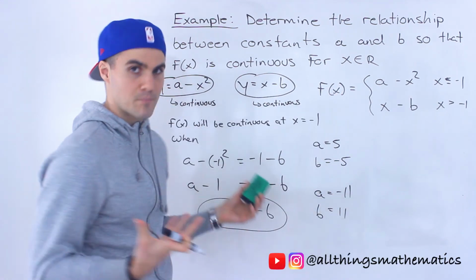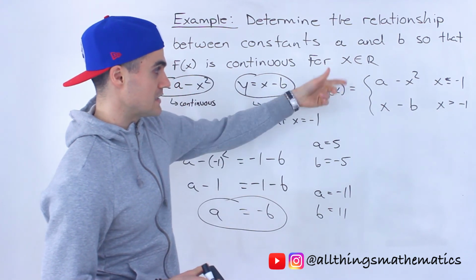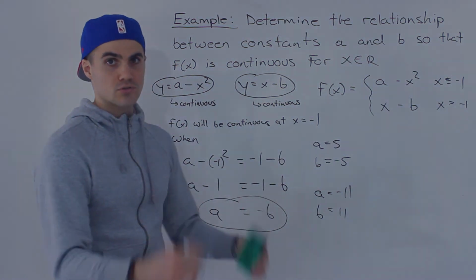So there's an infinite amount of combinations that can work in order for this piecewise function to be continuous. The only thing you've got to make sure is that a is always equal to